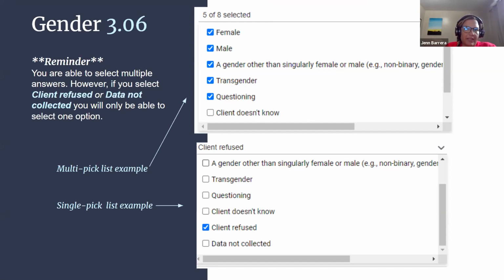But again, you're right. If the client does refuse, then it is their right. But it's also going to be a finding. It is. So how are we going to fix that? That is how HUD has designed this, and it is intended to promote agencies and end users to really ask questions in a way that is encouraging client participation in answering this. That was a great question, Catherine. Thank you. And Adam.